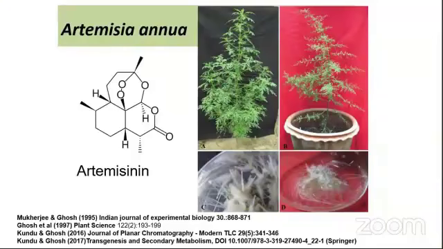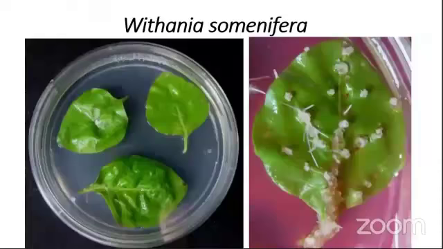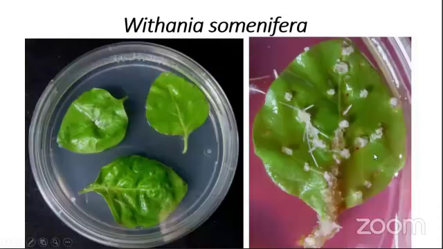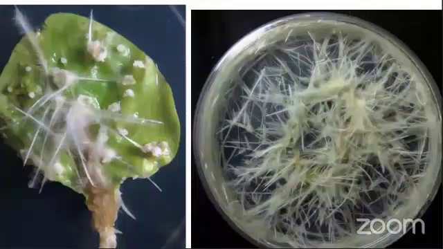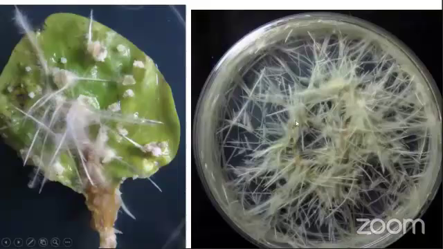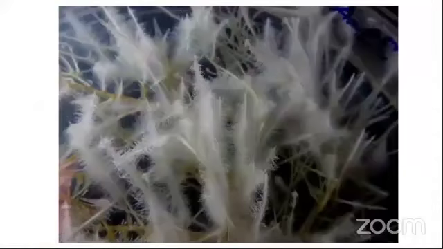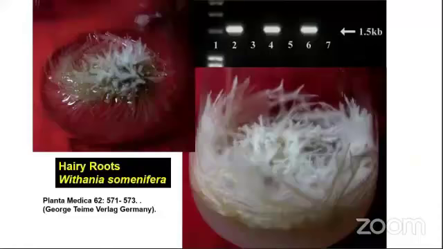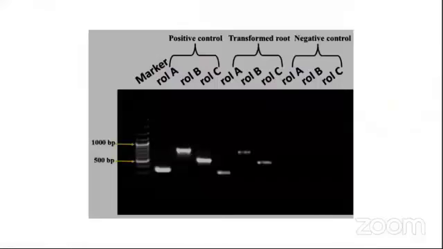Another approach for the synthesis of secondary metabolites is through plasmids and genetic transformation. You see here, in Withania somnifera, roots are developed within the lamina of the leaf by the insertion of a particular gene. From the leaf, huge amounts of hairy roots are developed, and this root can be cultured without growth regulators. We confirmed whether the foreign gene is present or absent through Southern hybridization as well as PCR with particular